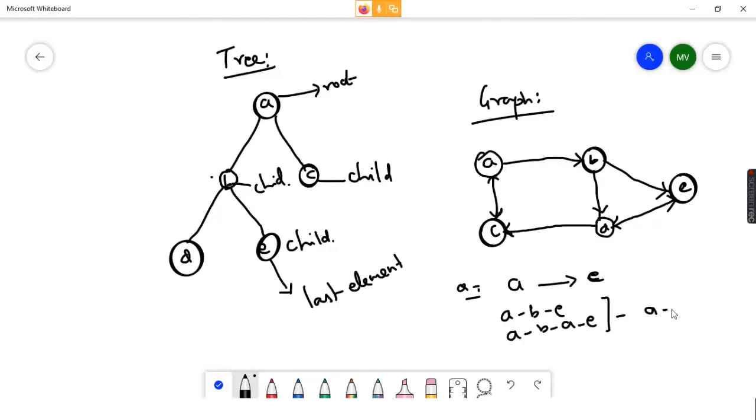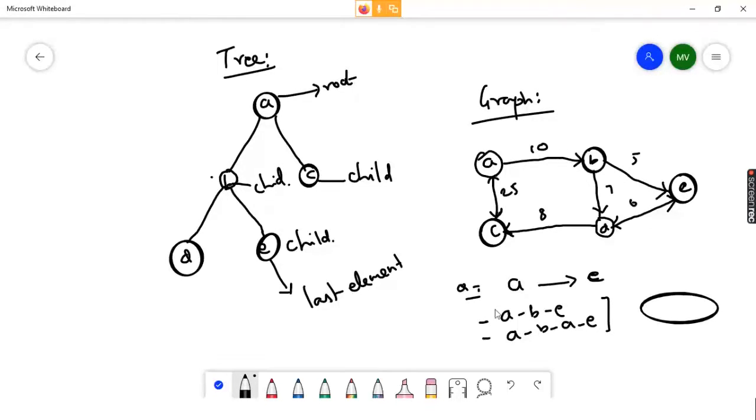The shortest path is A, B, E. I just took this from a rough example, but when you find the shortest path, they will provide the distances between nodes. Let's take 10, 5, 6, 7, 8, 25. Now we need to calculate the shortest path again.